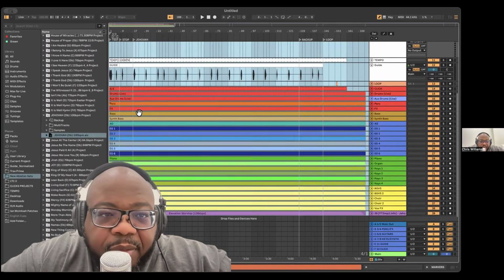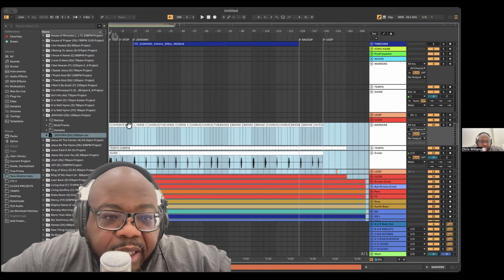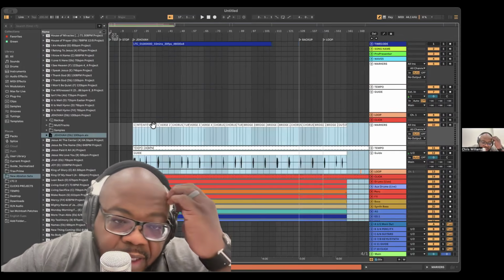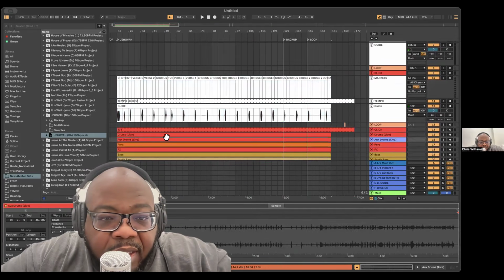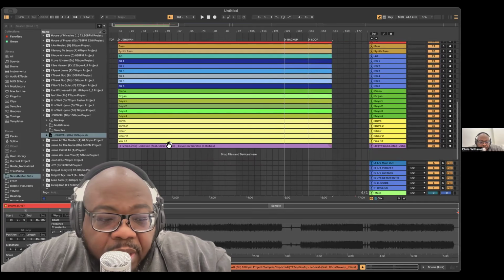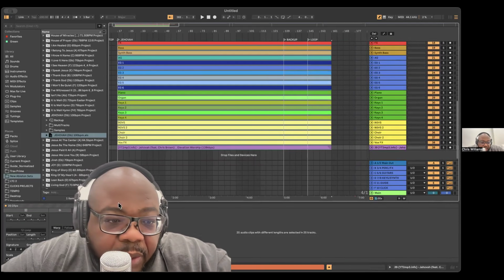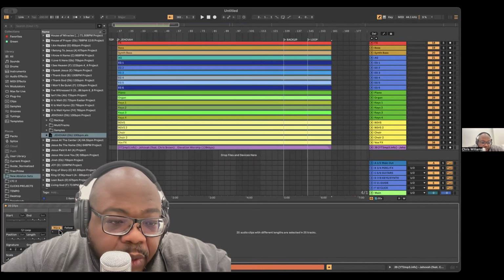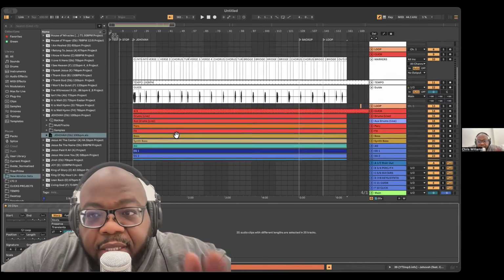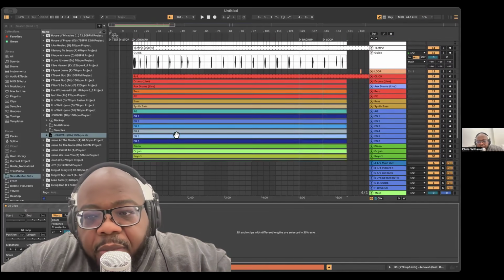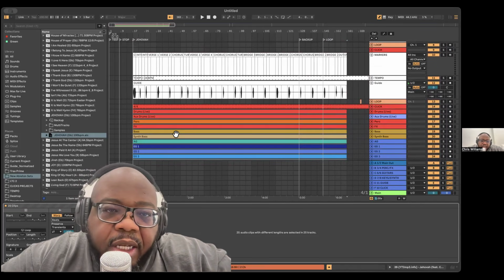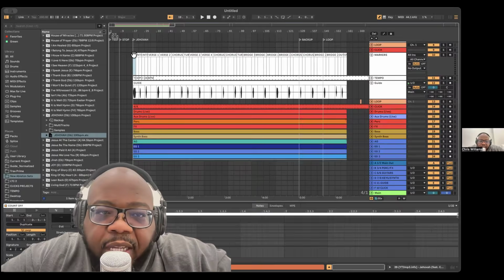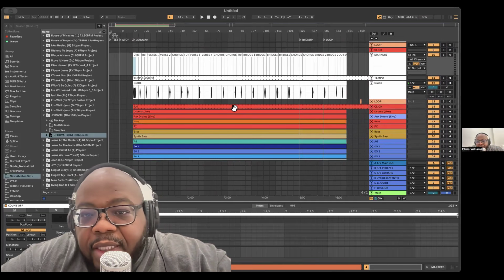I'm not going to cut because for whatever reason on this computer, whenever I cut on the first song, it just crashes. So then I'm going to make sure everything's warped the same way, including drums. I know we used to not do that, but now we do. We're going to warp and then warp it to beats. And I know we normally do complex, but I'm shifting how I do that because of how much CPU it eats up